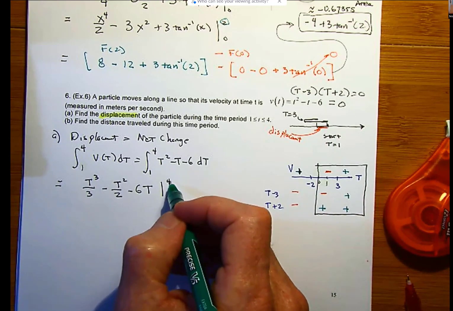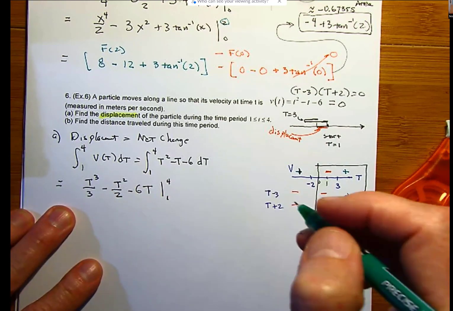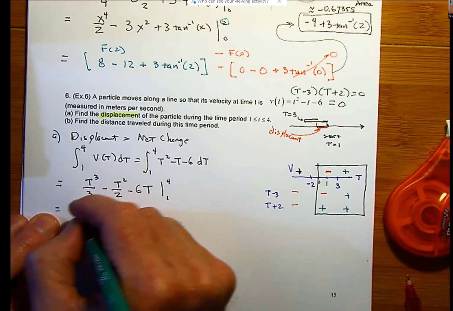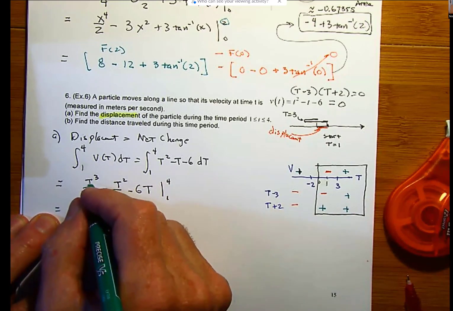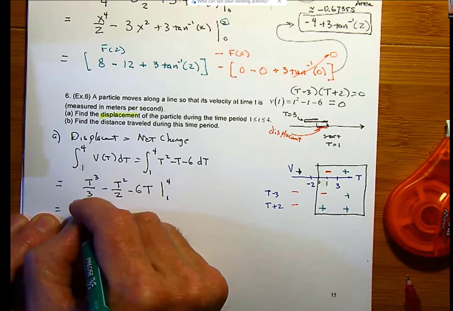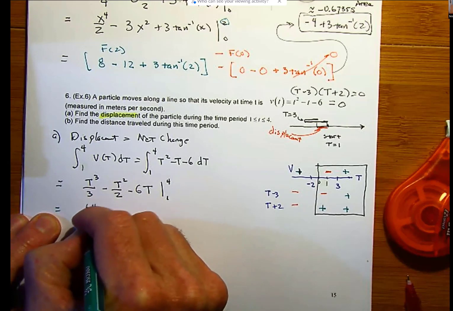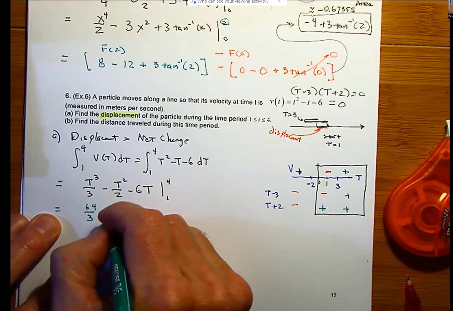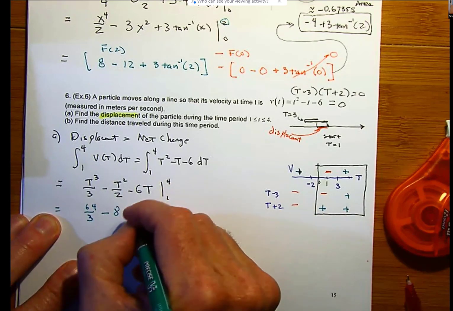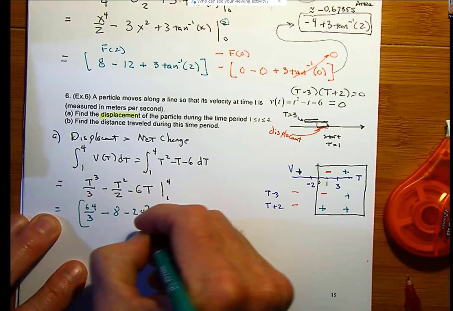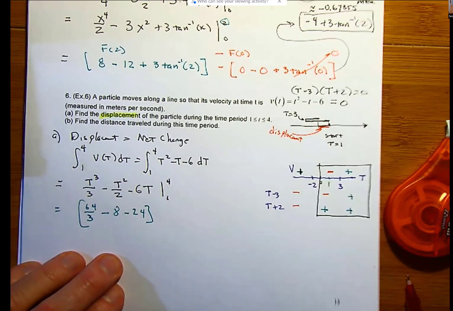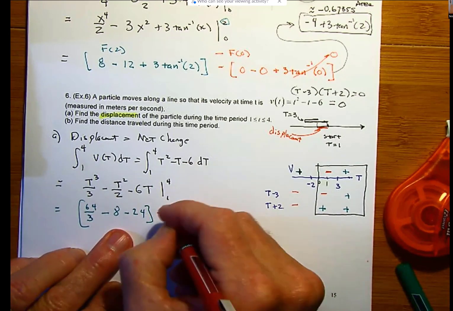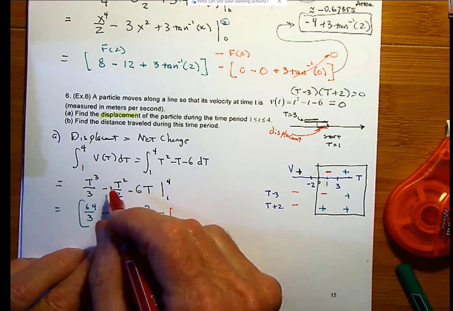So let's put 4 in here. I don't have room for all of that. So 4 times 4 is 16 times another 4 is 64 thirds. 4 in here is 16 over 2, which is 8. And 4 times 6 is 24. Okay, that's F of 4 minus, and I'm going to put 1 in, big F of 1,